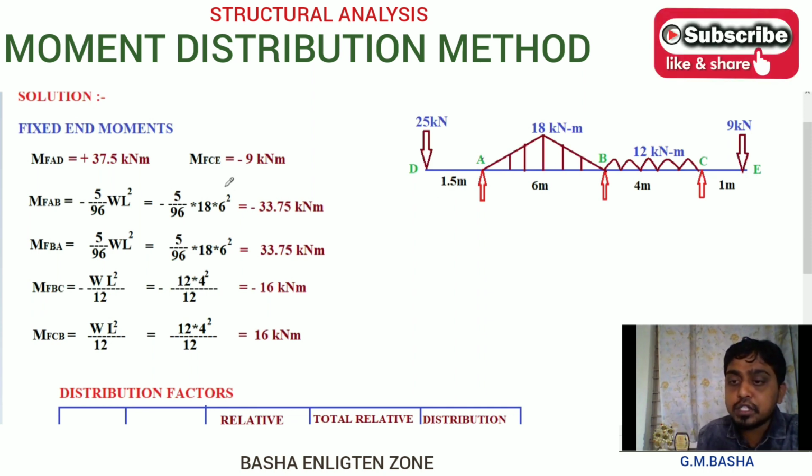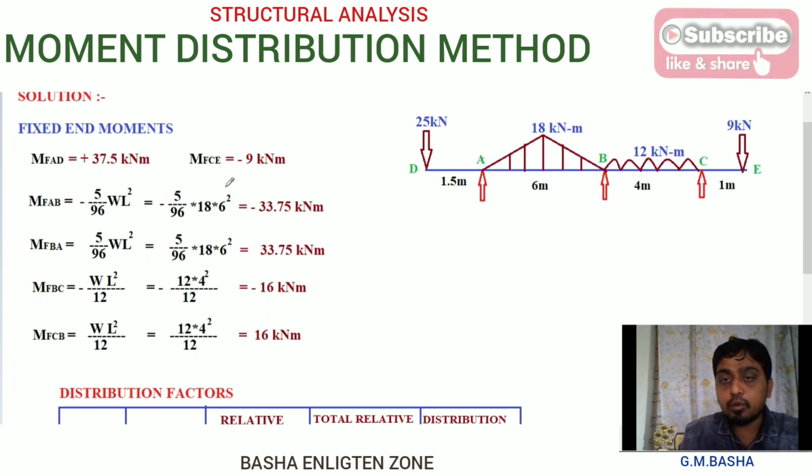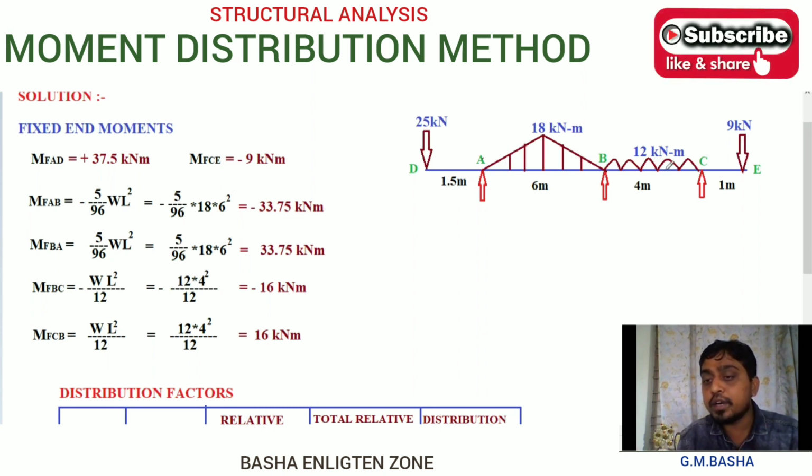Then our first step is to calculate the fixed end moments. On span AB there is a symmetrical triangular load. Similarly, on span BC there is a uniformly distributed load. Already in the last two examples I explained very